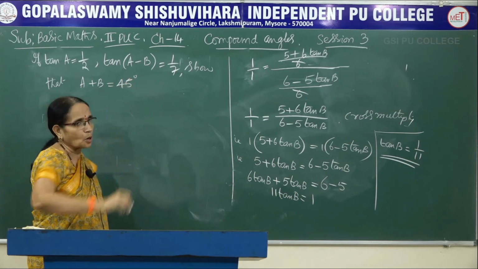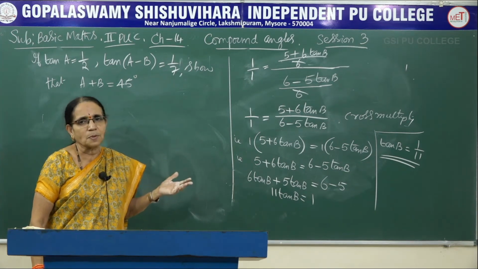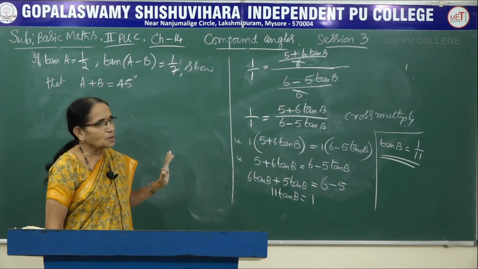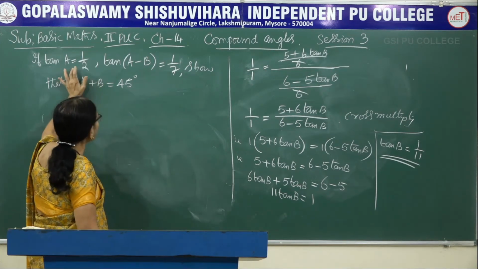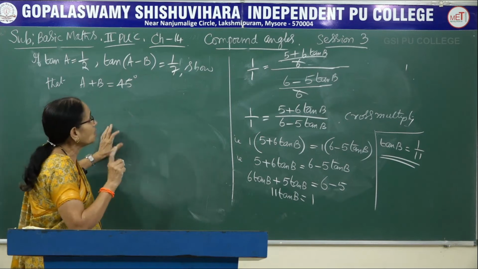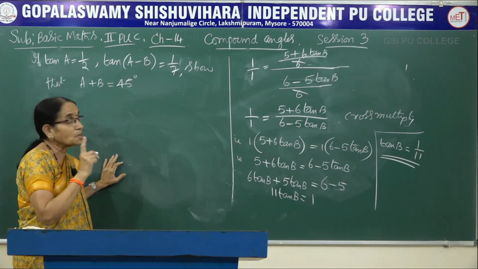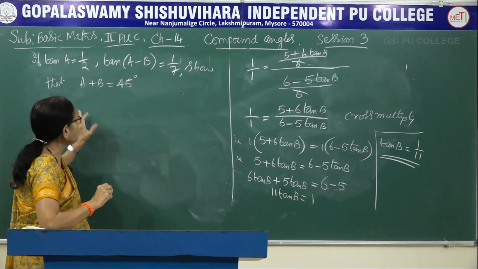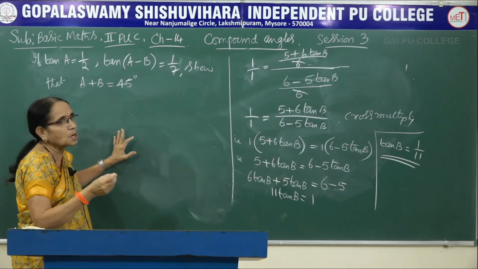See, in the first two problems I did today, tan A, tan B were given. We calculated either tan of A plus B or tan of A minus B, which has been asked in the problem. In the third and the fourth problem, tan A was given, tan of A plus B was given, we calculated tan of B. Here tan A is given, tan of A minus B is given, the compound angle A minus B is given here. But you are asked to prove some result connected with A plus B. What does it tell you? That tells that you have to try to get tan of A plus B. When you get the value of tan of A plus B, depending upon what value you get, you can write it as A plus B equal to 45.